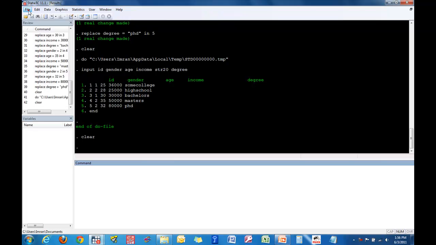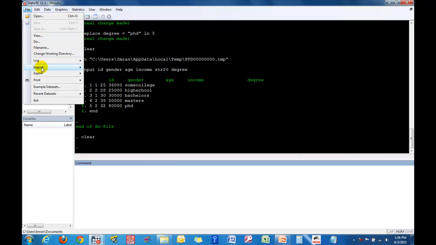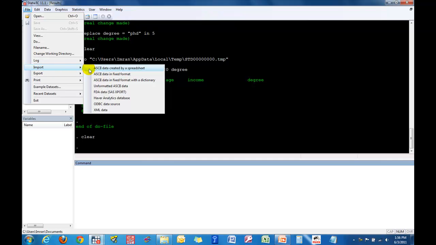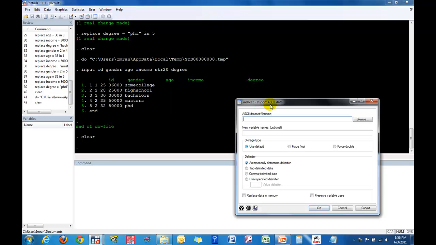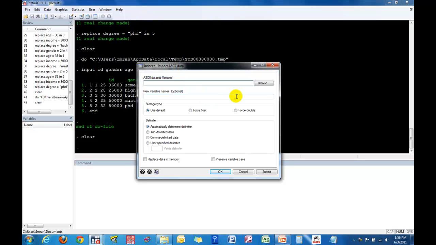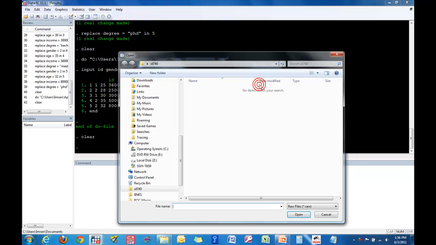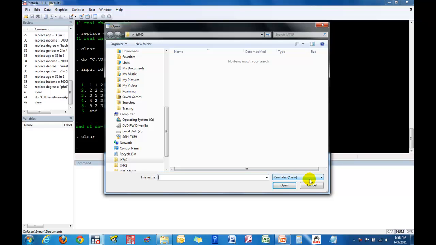So for that, hit File, scroll down to Import, and hit the first one, which says ASCII data created by spreadsheet. Once you hit that, a dialog box will open up, and you point to the location where your file is, and you see there's nothing in my ID 740 folder. But you go down and select comma separated values. Once you hit that, it will pop up that you have a data file in your folder. And to confirm that, you can just